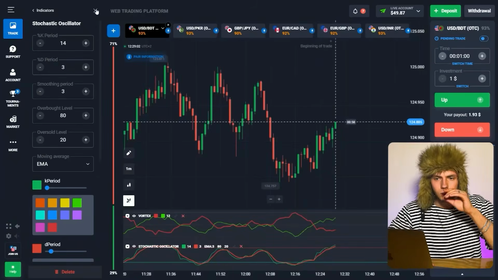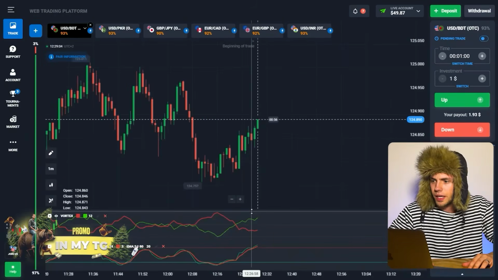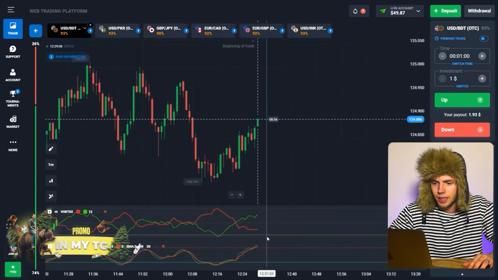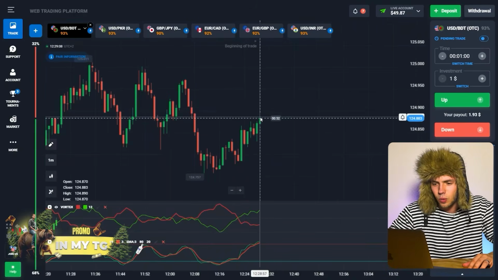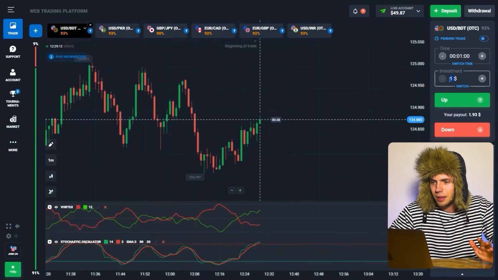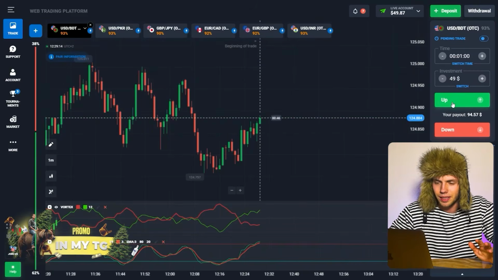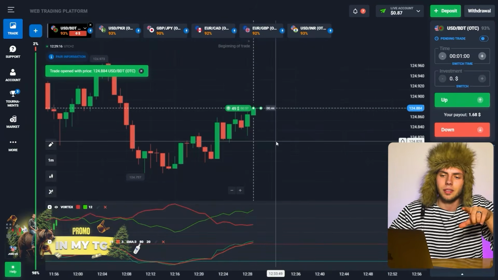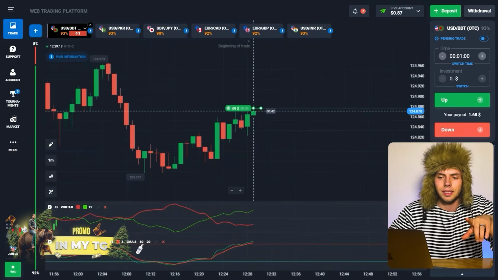I guess we are all set and we can move on to the very first trade. Here guys, what can I say? Right now we are getting close to the overbought zone, but not yet. Let us set the amount and open a buy trade right now. So the thing is, first of all, take a look at the graph. You see we had from